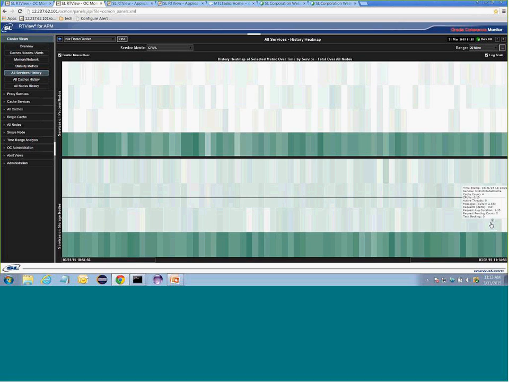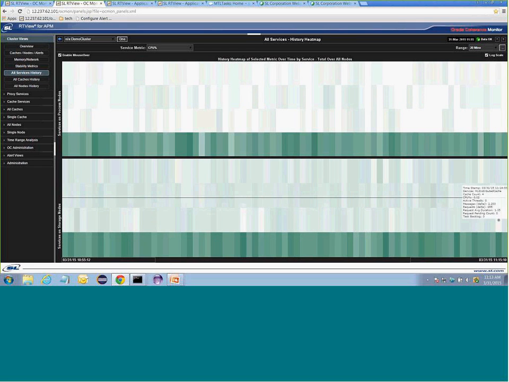Because you have a lot more services, and they may be sharing CPUs, you can look at the services that are running and what amount of activity within the CPU you're seeing on each service.